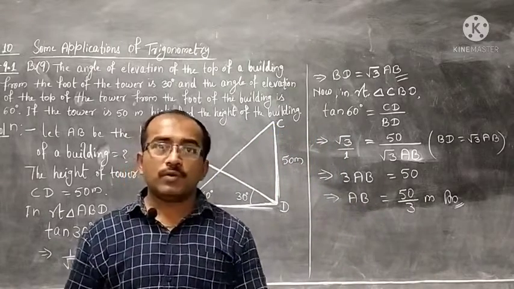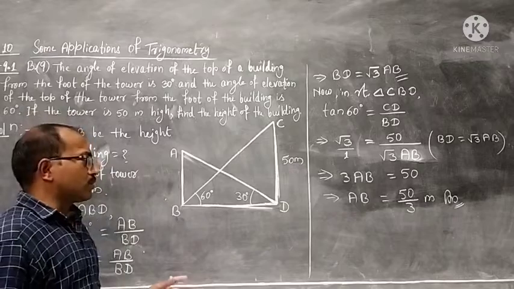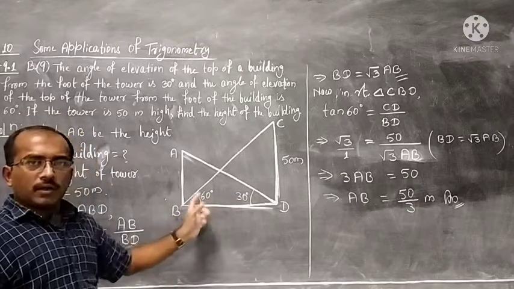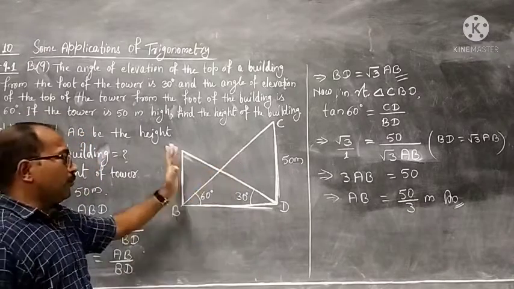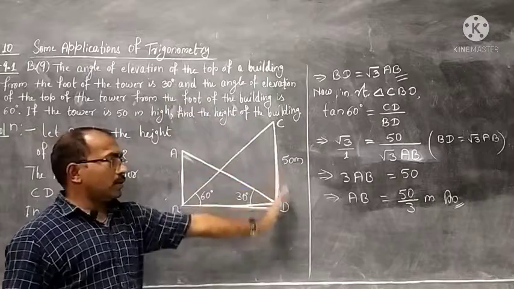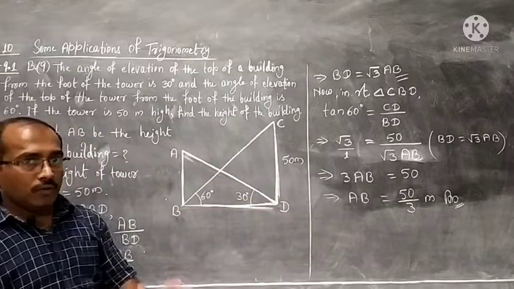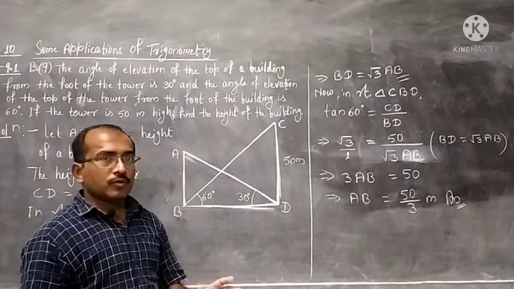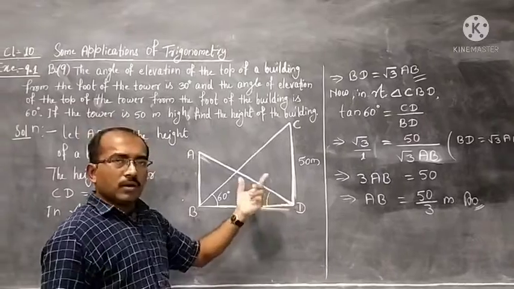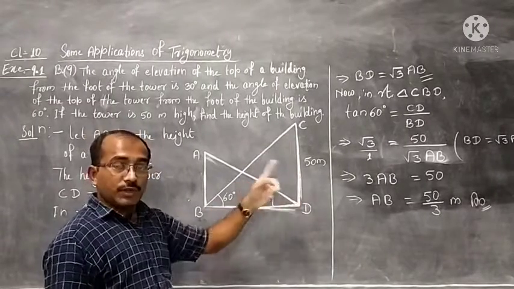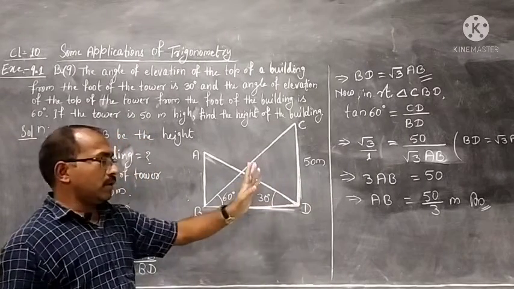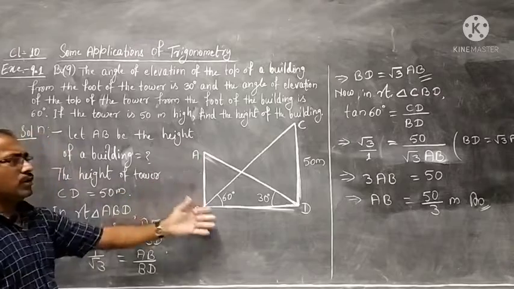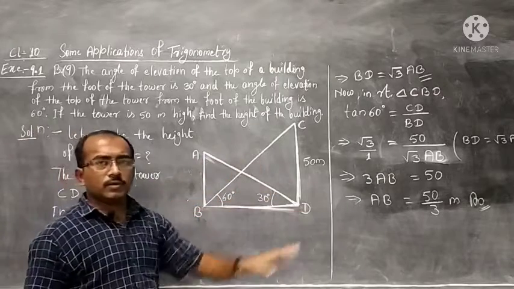So it is a simple question. Only at the starting we need to understand in this question, with the help of this angle, which is taller. Here if we show the building is taller and the tower is shorter, we will not be correct. So we only need to be careful while showing in the diagram which is taller, the tower, and then just use both right triangles and complete the work.